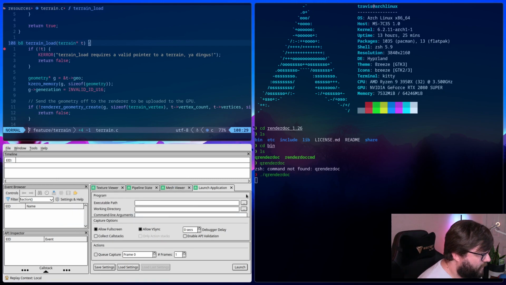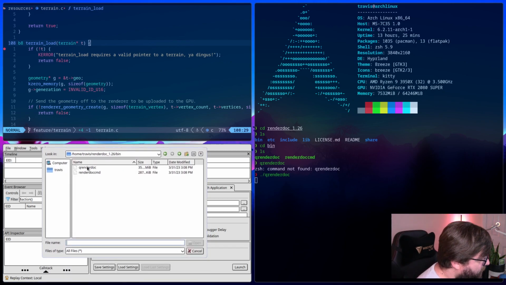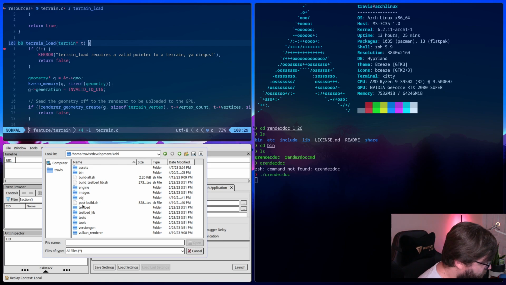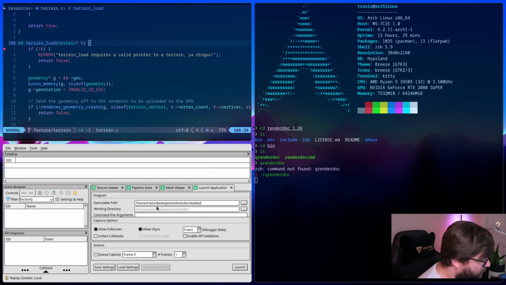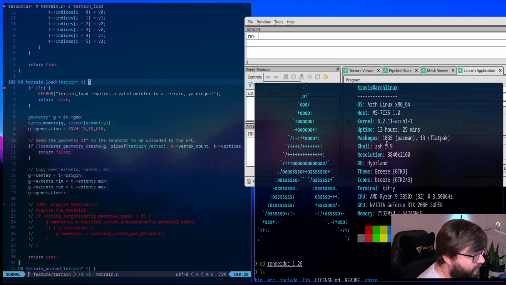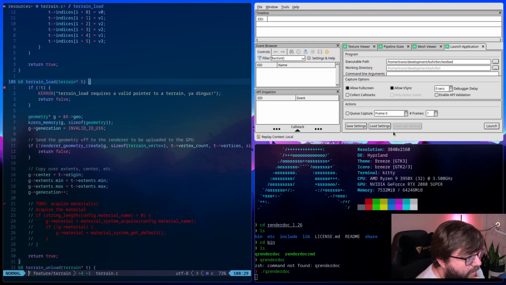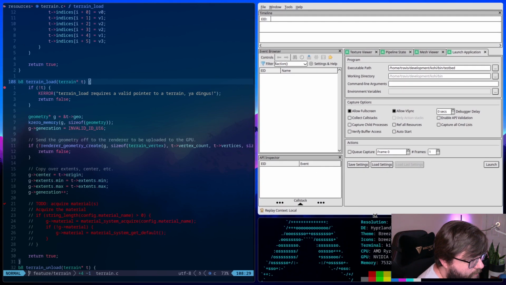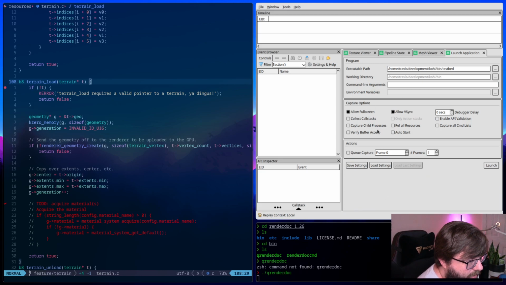All right. Let's see if we can make this work. So we have developments, bin, and then testbed. And we don't have any. Let me actually switch this over here. We don't have anything else, I don't think.